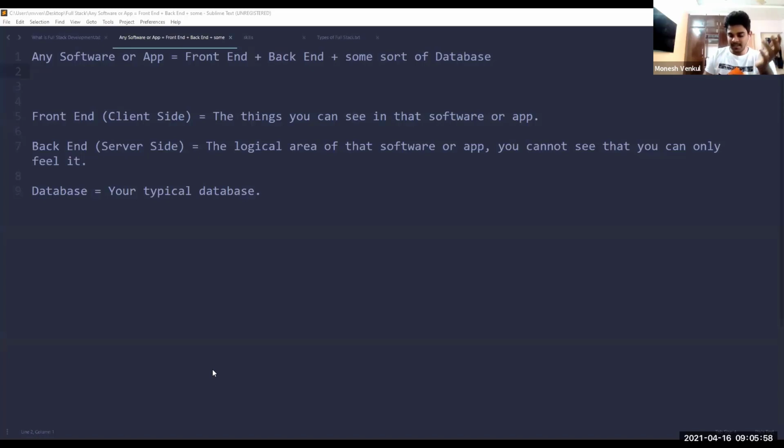For the DevOps part, you may ask me, why is DevOps here? You see, full stack development is not a singularity, it has multiple branches. For example, if you are developing an application for mobile, then you will be called a full stack mobile developer. If you're developing a website, you will be called a full stack web developer. And the same goes for everything. If you're developing a game, then you will be called a full stack game developer. Based on what you're developing, your role changes.